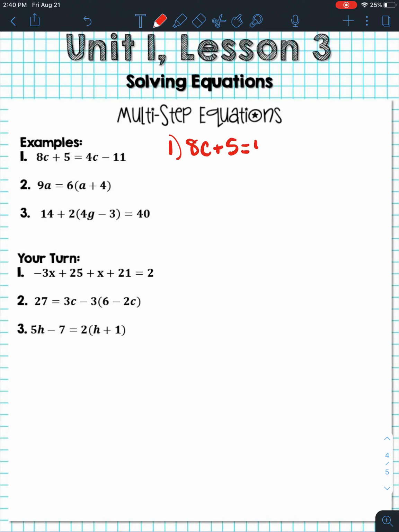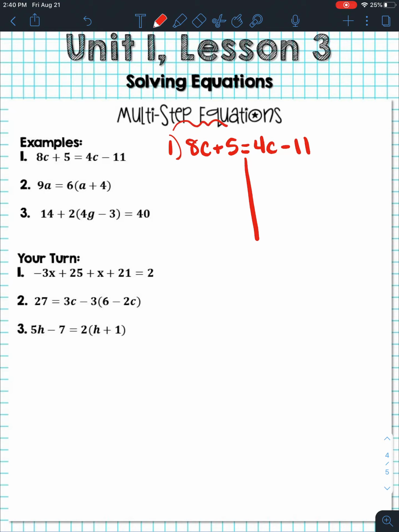So example number 1, we have 8c plus 5 equals 4c minus 11. My goal is to get my variable by itself. You should have some steps for solving equations. The first step tells you draw your line. The second step tells you look for parentheses. Here I don't have parentheses, so I can skip my distribute step, and I want to combine like